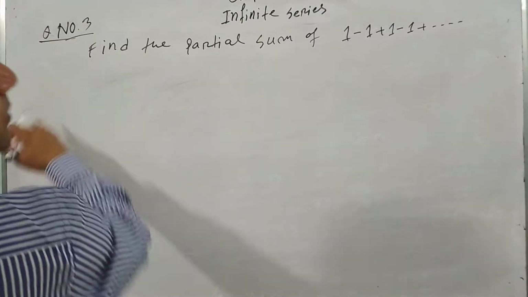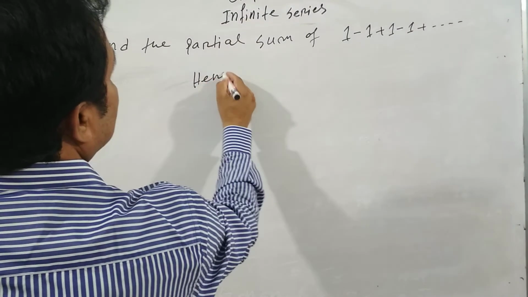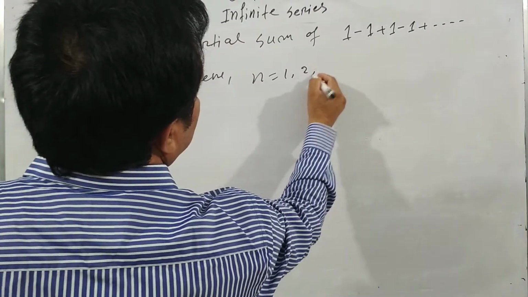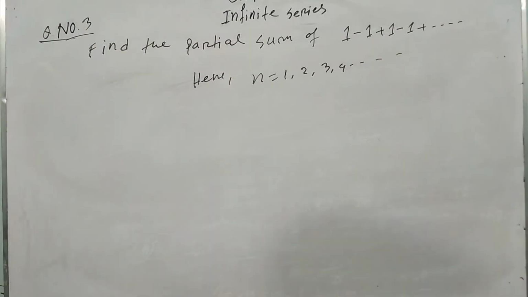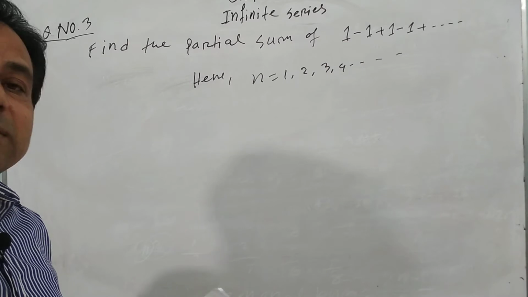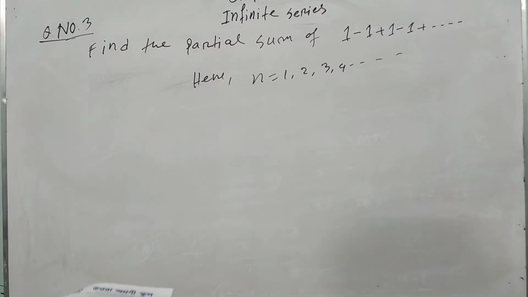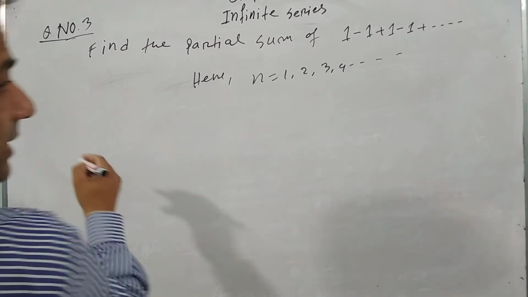Firstly, here n equals 1, 2, 3, 4 up to infinity. Here, all values of n are natural numbers. Then we can write